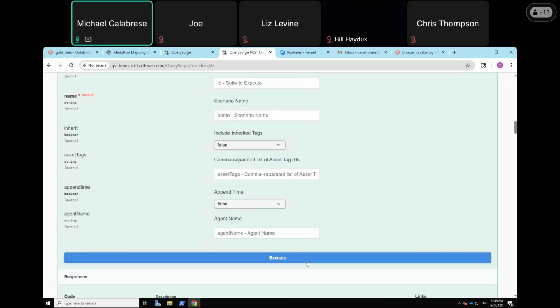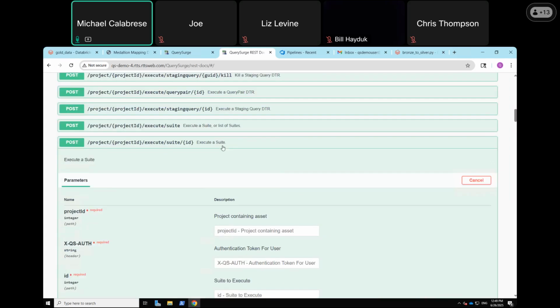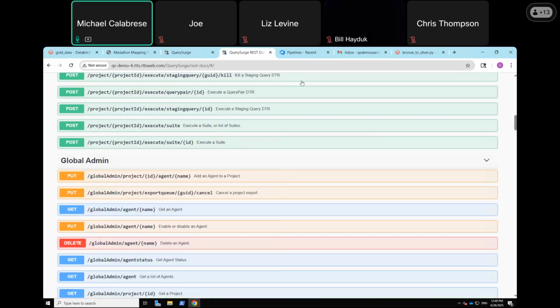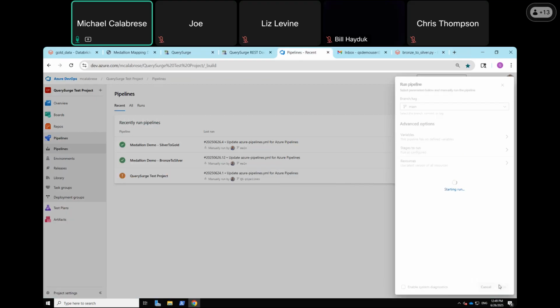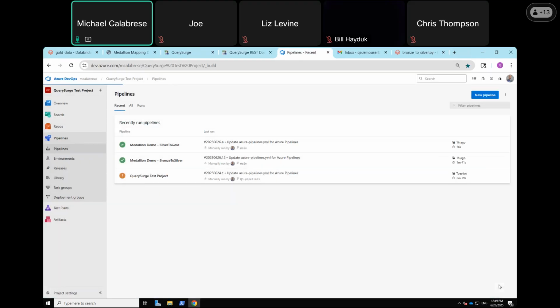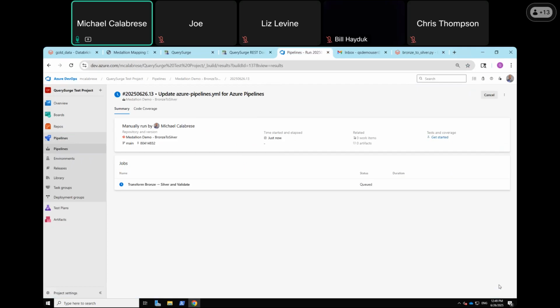And you can actually execute them live directly from your Swagger documentation. So with all that Swagger documentation information, I was able to develop and configure the pipeline that you see here in Azure DevOps. So the workflow that we're going to have is we have a pipeline in Azure DevOps that